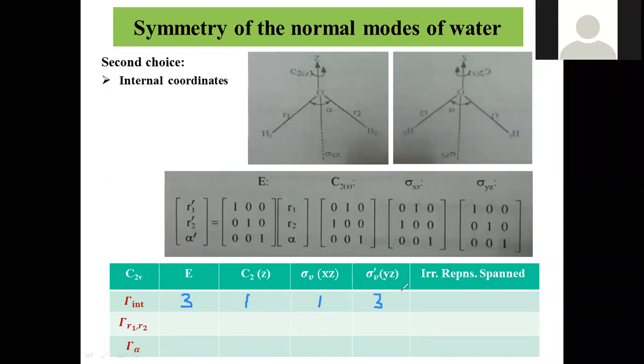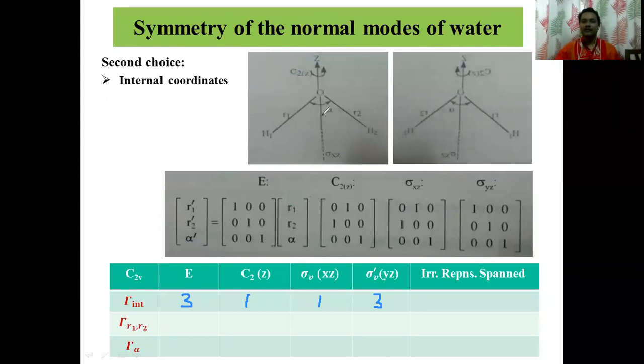Now the good part of this water molecule is that the angle alpha does not exchange with either R1 or R2. Therefore, we can split these matrices and get the basis R1 and R2 separately and alpha separately. The easiest way to do this, look at these matrices. How can we block factor? Here all our off diagonals are 0, that is fine. But in this case, I am having off diagonal here, so I cannot really block this.